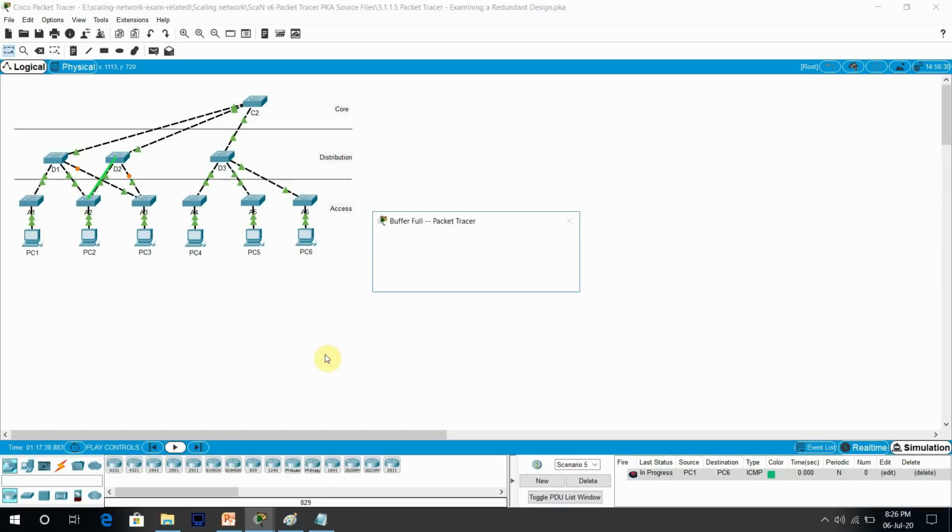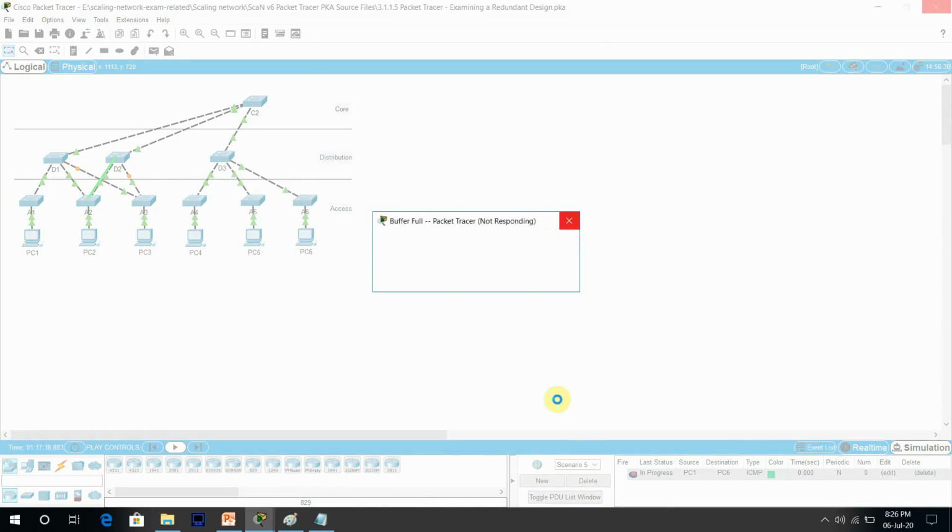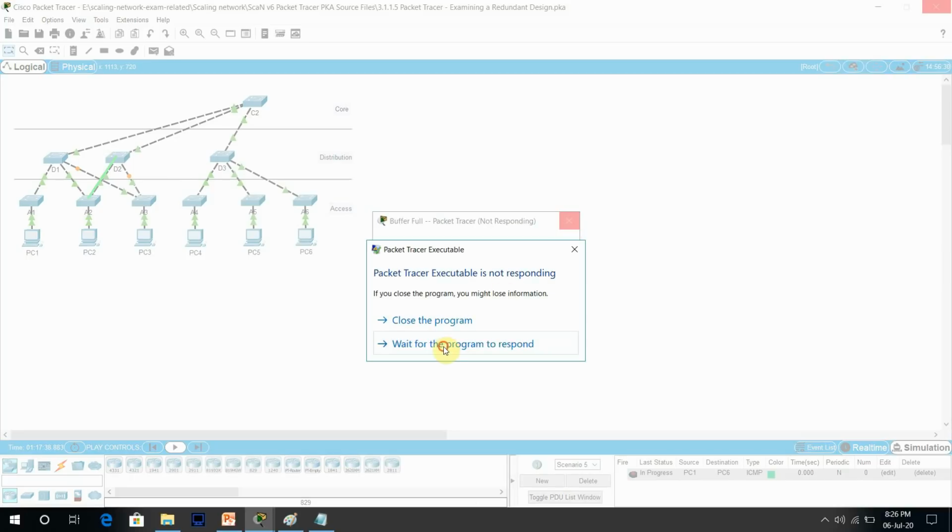So this is the new path. If you will see here, again I think it got hanged. I think there is some issue with my Packet Tracer.